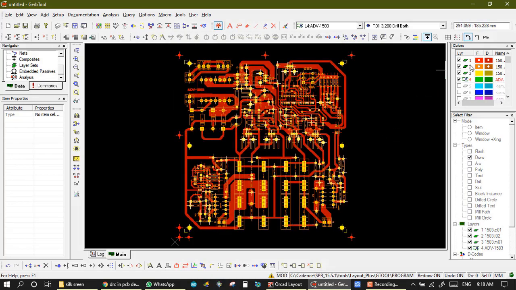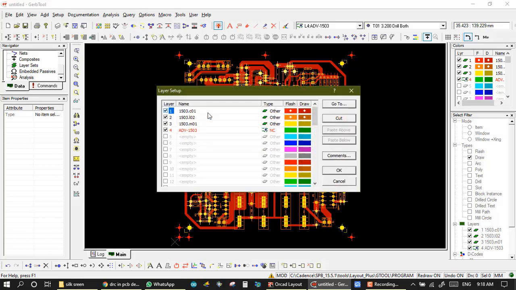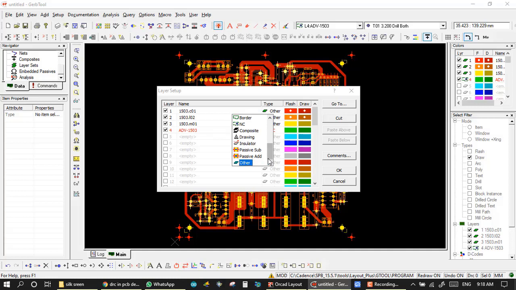So these are my three Gerbers and the fourth is my NC layer. First we define the layers. For defining layers we have one shortcut, which is Y, so press Y on the keyboard. This is the layer setup. C01 means copper layer, and it's the top layer.